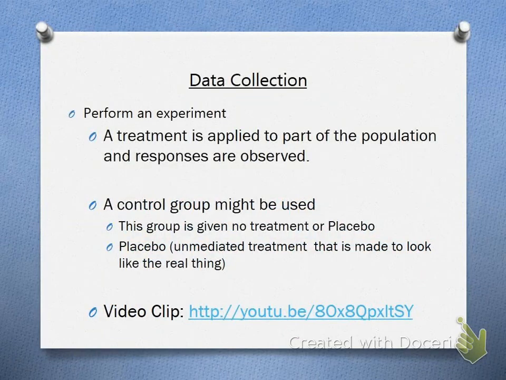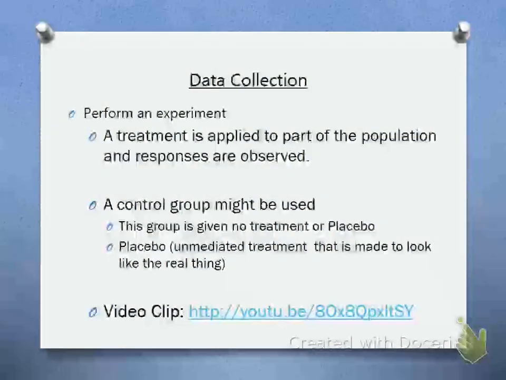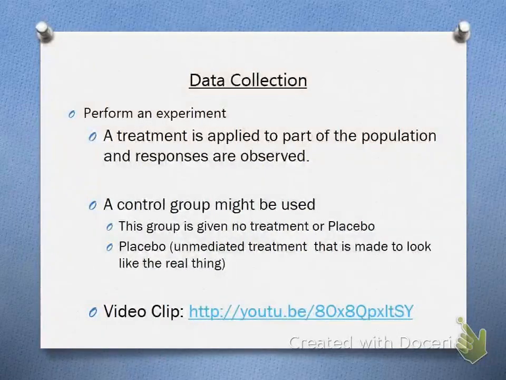Right. Next thing you can do is perform an experiment. So if you did want to give moms heartburn, or give the babies hair, which you wouldn't do either one of those, obviously. Can't give the babies hair, but anyway, if you're going to actually change the conditions of a population, then you're talking about performing an experiment. An experiment has to have a treatment, right? You're still going to sample the same way you would with an observational study. You're just going to impose a treatment on them. It can be a medicine, or